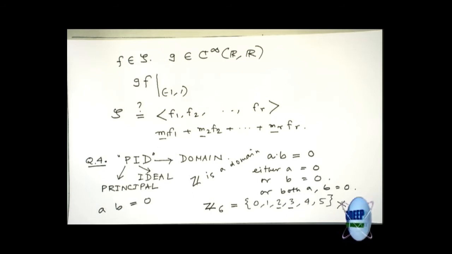We have already seen that the polynomial ring in one variable over a field is a principal ideal domain. Why? What is a principal ideal domain? I have explained what is a domain and what is a principal ideal. Principal ideal domain means that it is an integral domain, so listen carefully, where every ideal is principal. That means for every ideal you will be able to find one generator which generates the entire ideal.